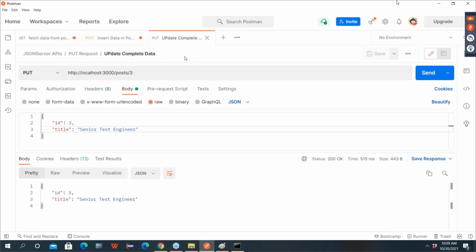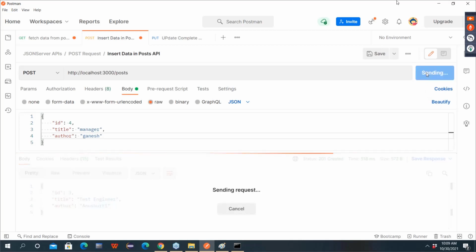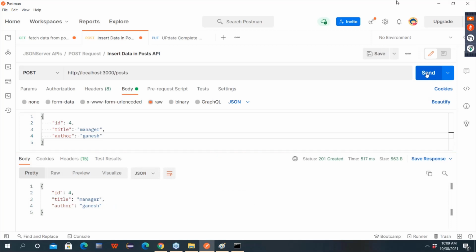So now what I will do, in post, I will add fourth data. ID as 4, let's say title is manager, and let's say author is Ganesh. If I send it again, obviously it is a new entry and it is added.